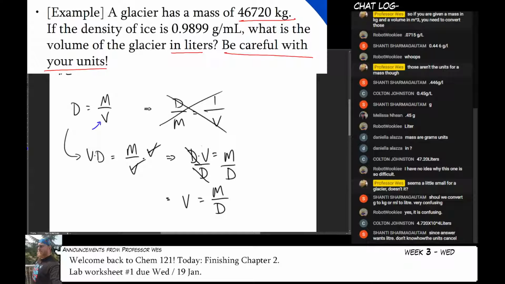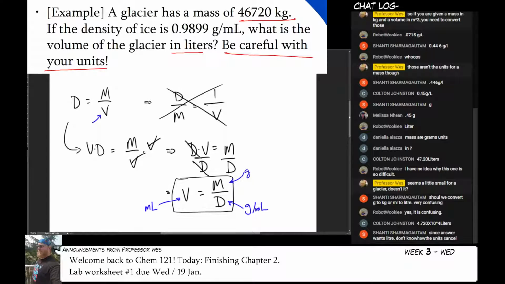So this is the formula that we want. Notice that this is the opposite of the formula that we had above, right? Mass divided by density will give you volume. And we just need to put in all the units like we said above. So this needs to be in grams, and this needs to be in grams per milliliter, and that will give us our milliliters. So the first thing that we need to do, now that we have our formula here,